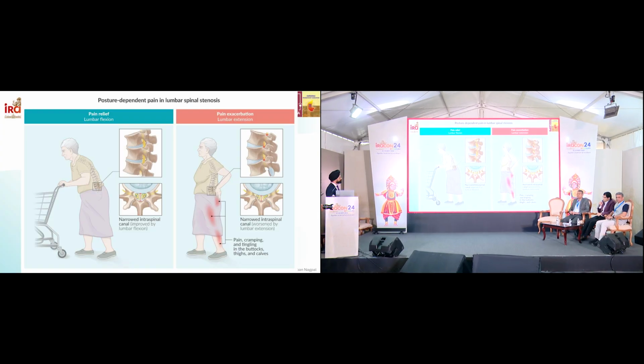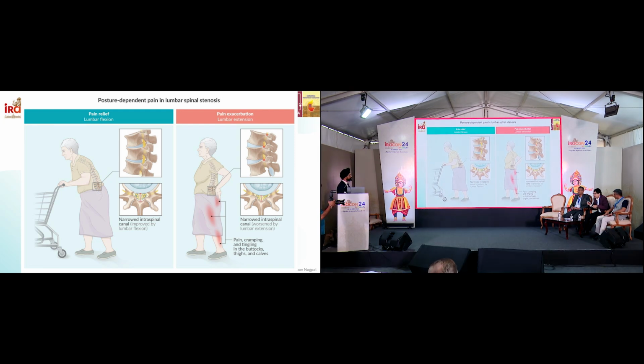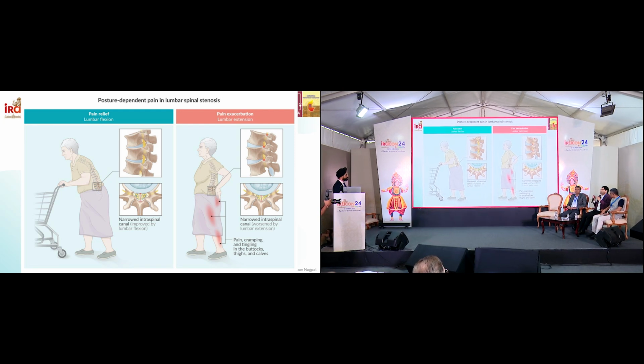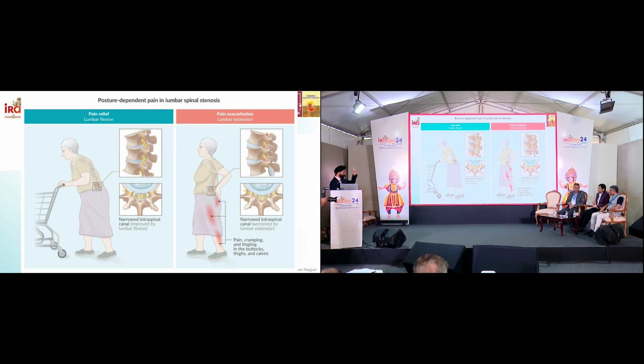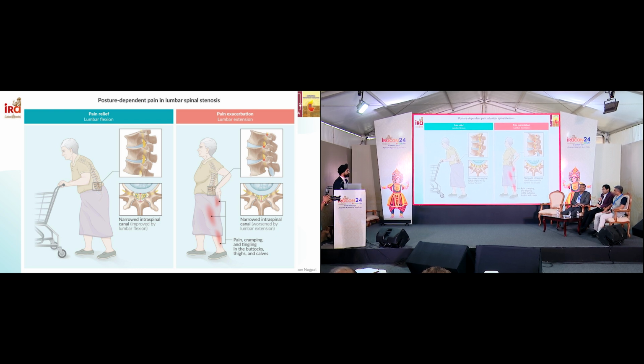So, with forward bending, the canal actually improves. So patients go forward in stenosis. Yes, I got confused in the first part, but forward bending improves it, so the patient tends to bend on the shopping cart. And in disc pain,